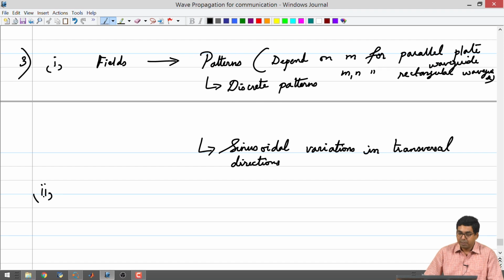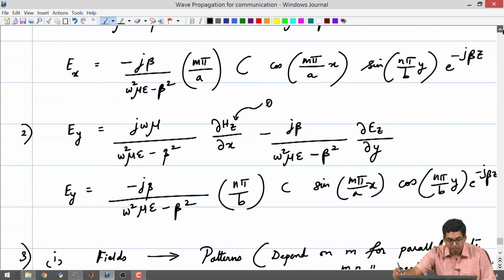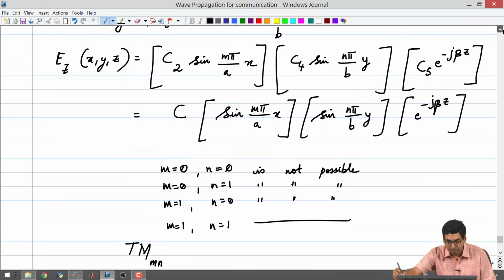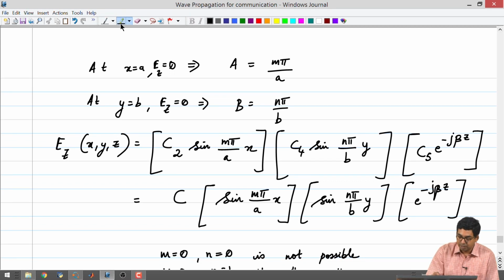And one of the ways to verify whether it is a high pass filter or not, or whether there is a requirement on m, n, etc., is to take the solution to Ez that you have got. This is the solution that we have got from our analysis, from the assumed general solution to applying the boundary conditions for this case. What one can do is take this solution and actually plug it into the wave equation that we began with.